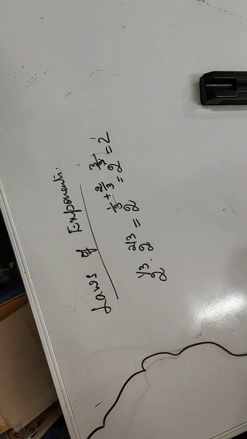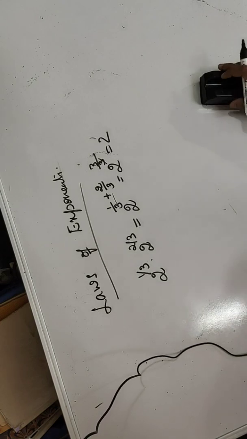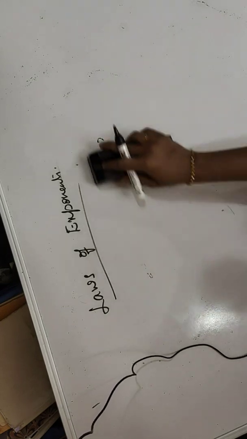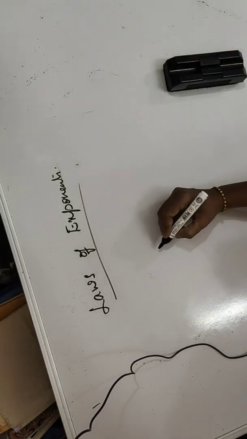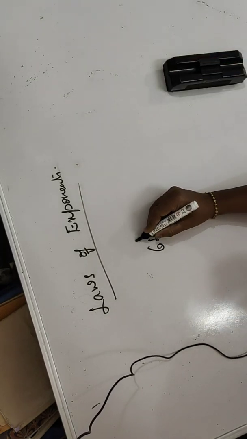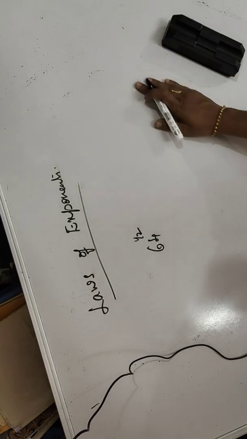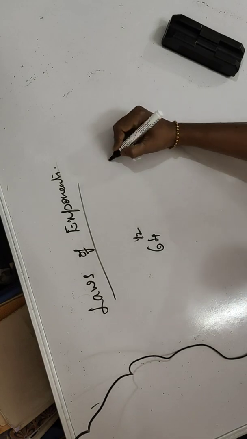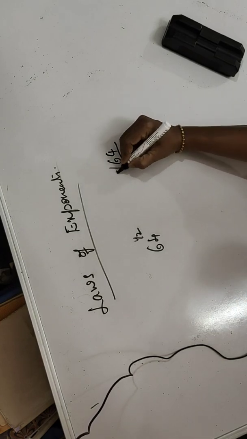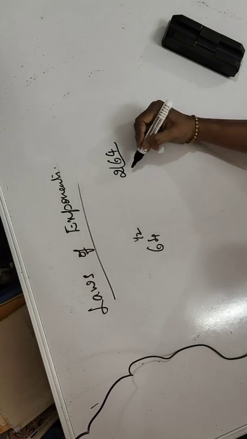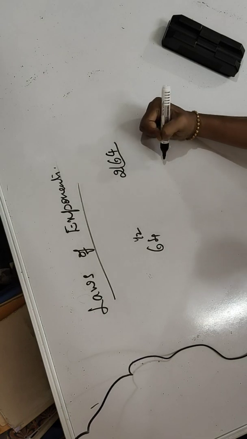A few questions are there in the reader and exercise. Solve it yourself. Then simplification questions are given. Simplify using the laws. So given 64 to the power half. What to do? It's easy. No need to write 2 into 2. You divide and see how many times you get. With the prime numbers you have to divide, that you remember.